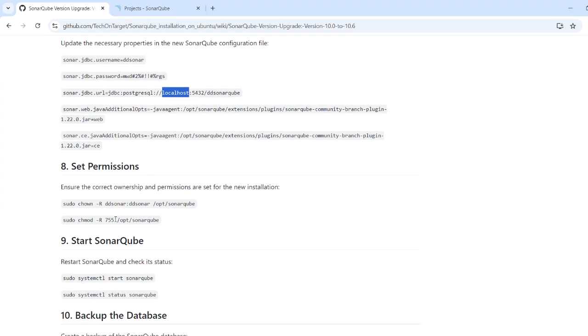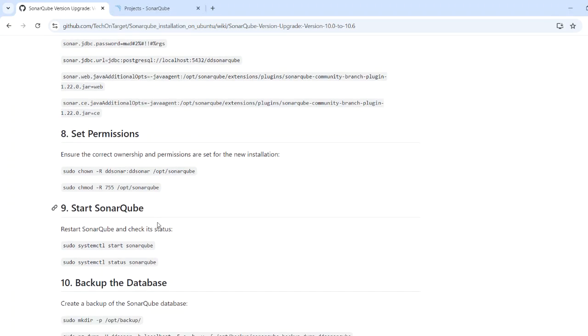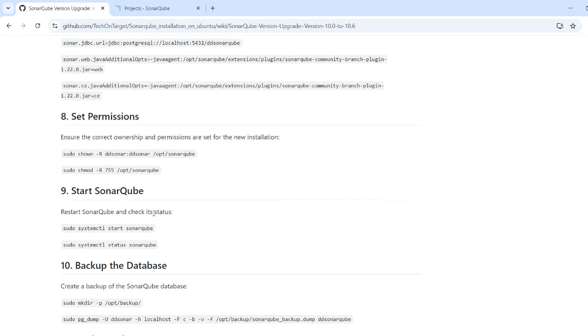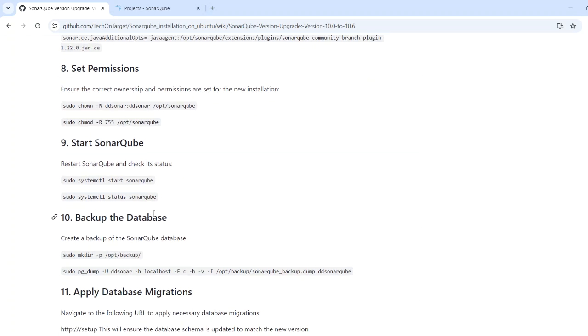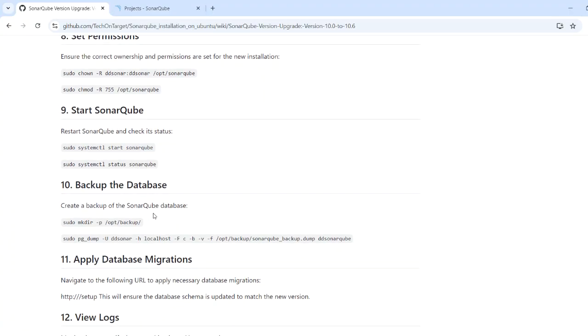Then you have to set the permissions. These binaries should be run by some specific user. In my case, it is sonar, and I have given read and write permission to all for now. After that you have to start SonarQube and check its status. If it's working fine, then